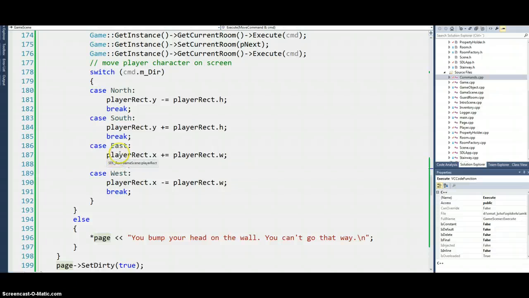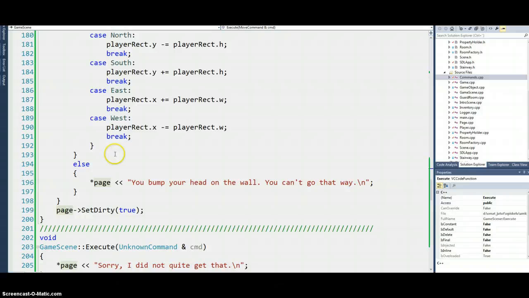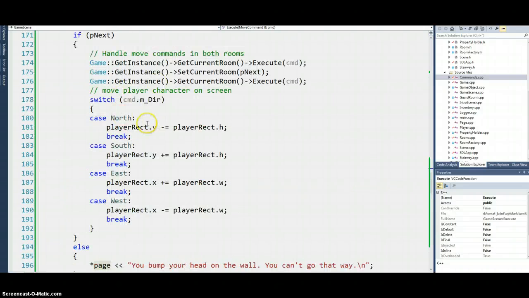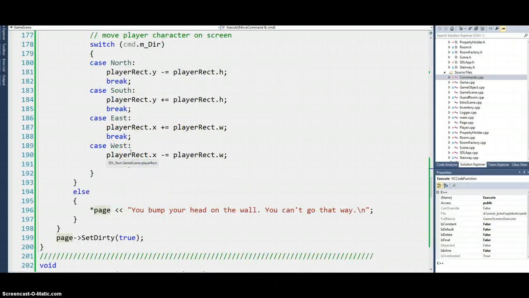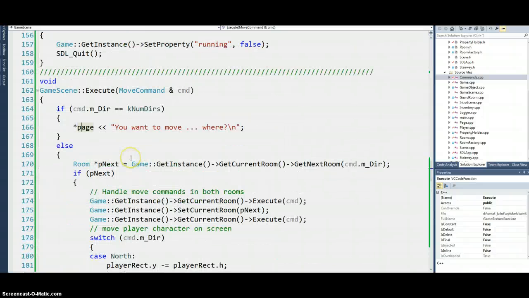This could be from the earlier module also, but for me it's new stuff. So it's just this easy to move the player position when you make it right.